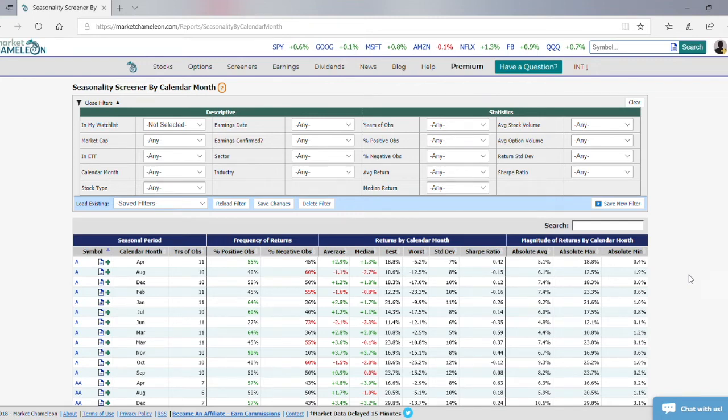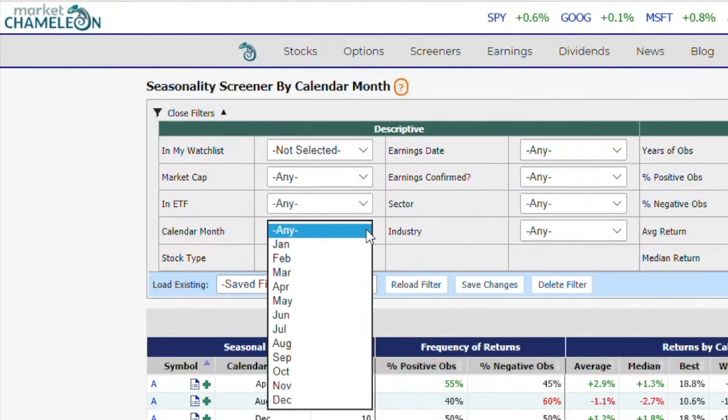Right now I'm going to show an example of how to use the Seasonality Screener by calendar month. In this example, we're going to look for stocks that have seasonal strength. In other words, stocks that tended to perform well during a particular calendar month. I'm going to jump into the example real quick, and we're going to filter for the month